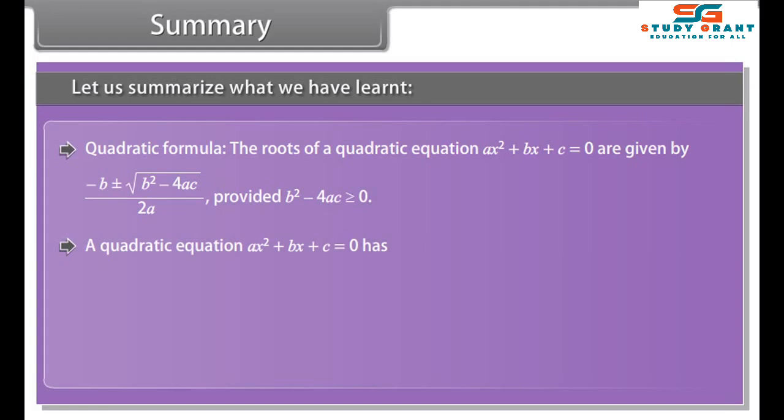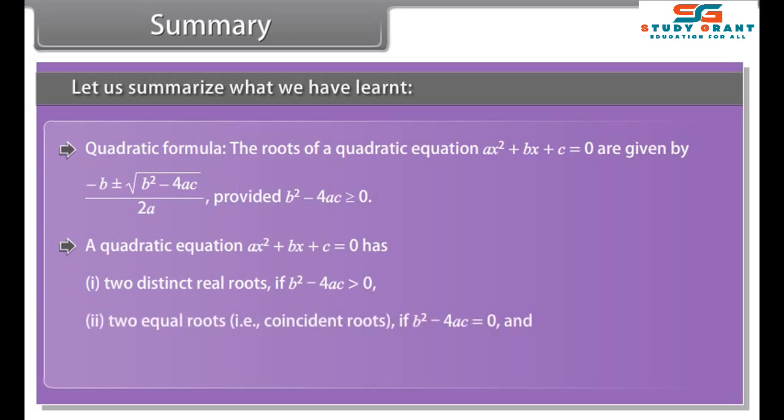The zeros of the quadratic polynomial ax² + bx + c and the roots of the quadratic equation ax² + bx + c = 0 are the same. If we can factorize ax² + bx + c, a is not equal to 0, into a